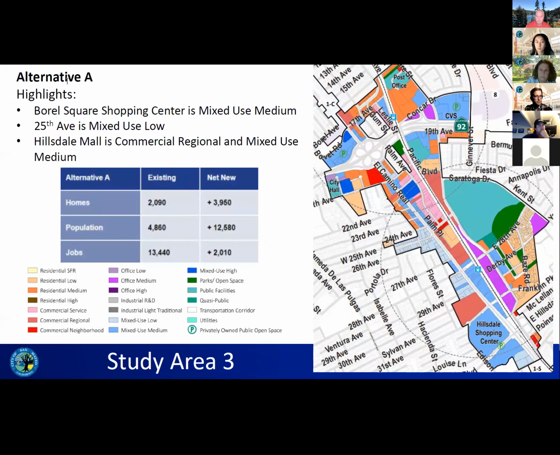Is there anybody who wants us to go back to any other slides that you would like to look back on? Any alternative study areas? Again, we're looking for comments to make sure that we have captured the right range. Are there things that we're missing? Are there land uses that you think would be appropriate in a certain area that might not be reflected in any of the 3 alternatives? We want to make sure that we're capturing the right range, or at least accounting for those possibilities in at least one of the alternative options.